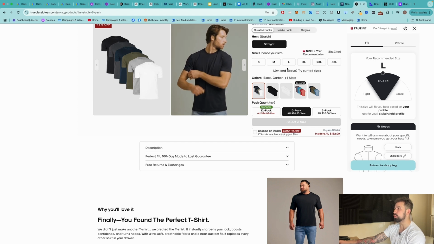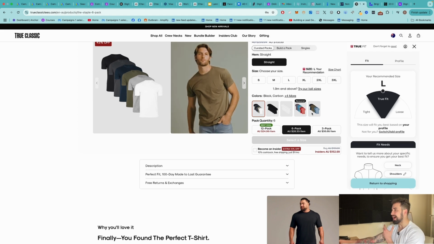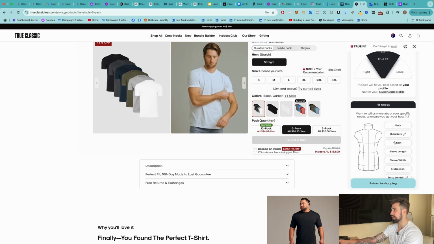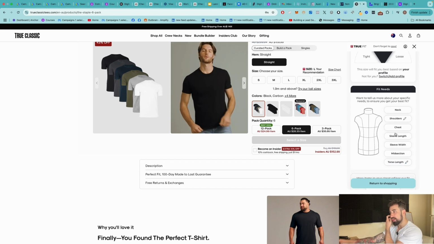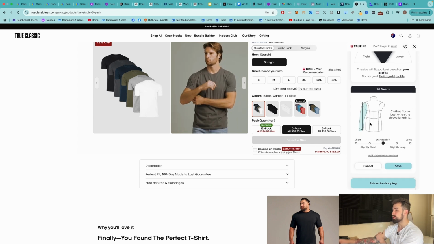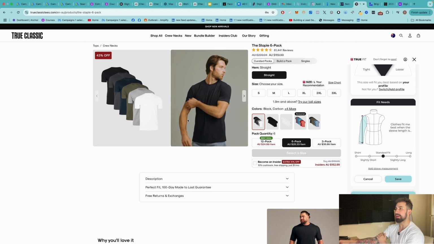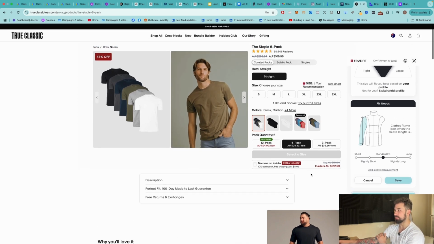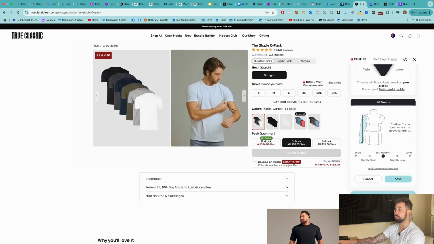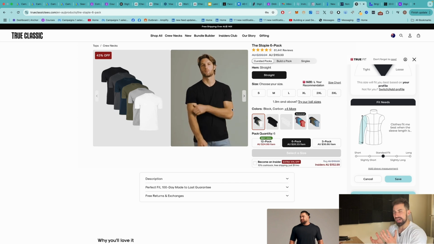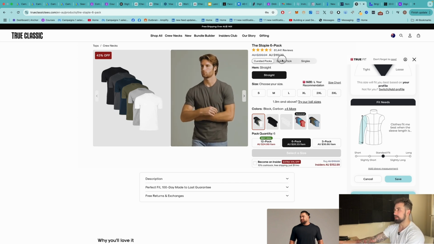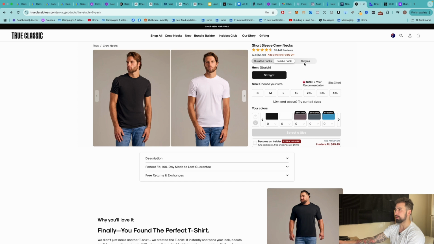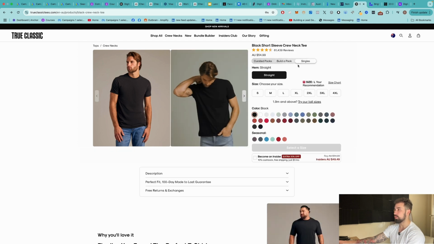That's amazing, guys. Look at this, look how good this is. You can also say sleeve width, sleeve length. That is good as well. They're doing an amazing job, guys, showing how it looks overall down to the slightest bits. Look at this: build a pack. You can also build a pack for yourself with singles, or you can just get a single,